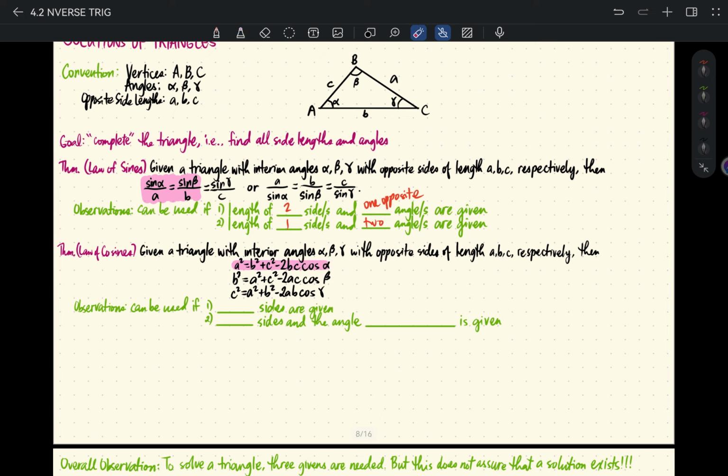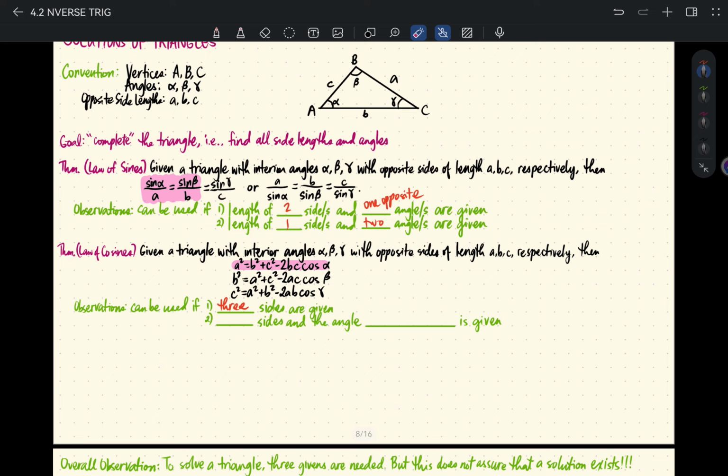As we can see in this equation, there are 4 values involved. You have a, b, and c. So you have 3 sides and this angle right here, alpha. Now you might ask, when can we use law of cosines? Let's try and see what will happen if this one is missing. If the angle is missing, then to solve for that alpha, you need to have a, b, and c. So in short, you can use law of cosines if you are given 3 sides.